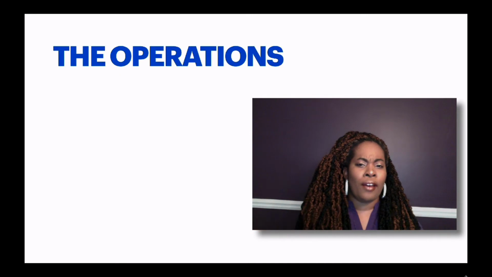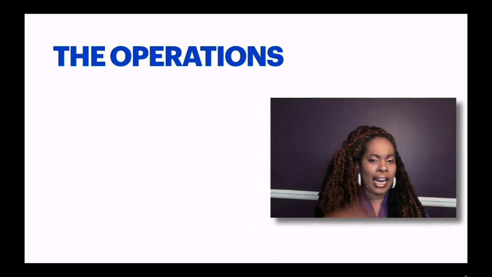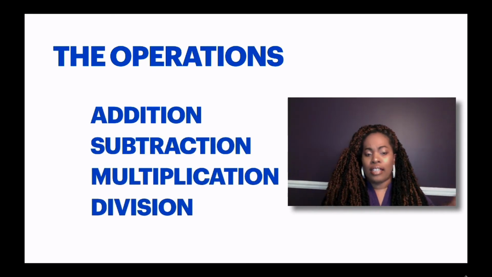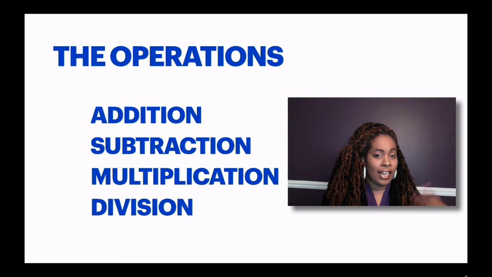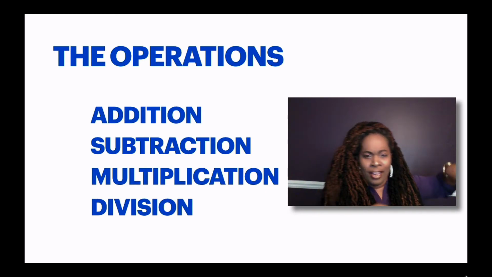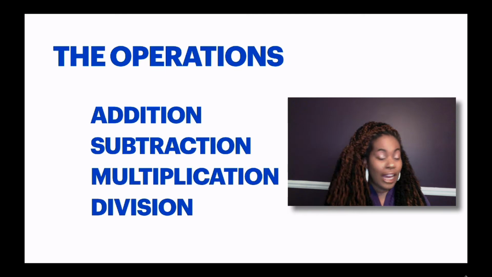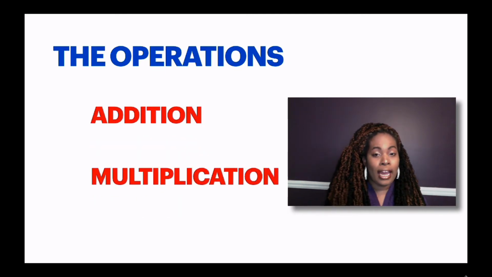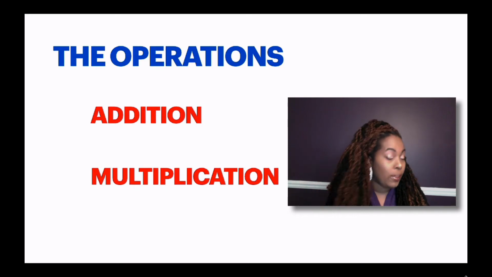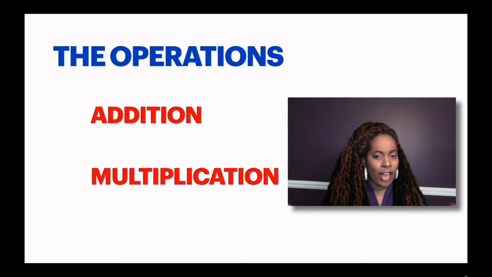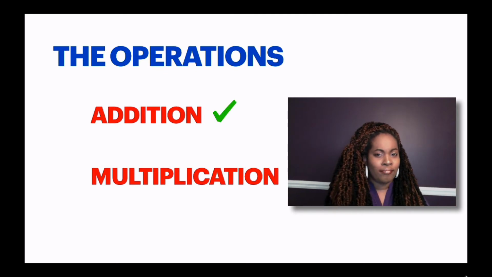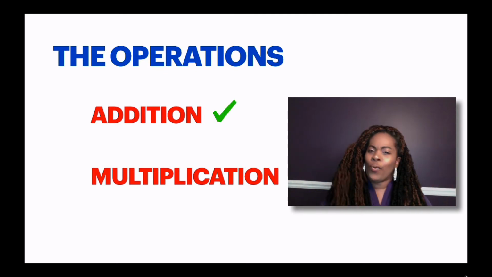But then we also talked about that myth. They told you guys back in the day that there were four main operations. Those four operations being addition, subtraction, multiplication, and division. But we got rid of that myth, right? And we told you guys the truth. In reality, there are only two main operations. Those two main operations are addition and multiplication. We did talk a little bit about subtraction too, but we learned that subtraction is just addition of the opposite, right? So, we got that big guy out of the way and its sidekick,